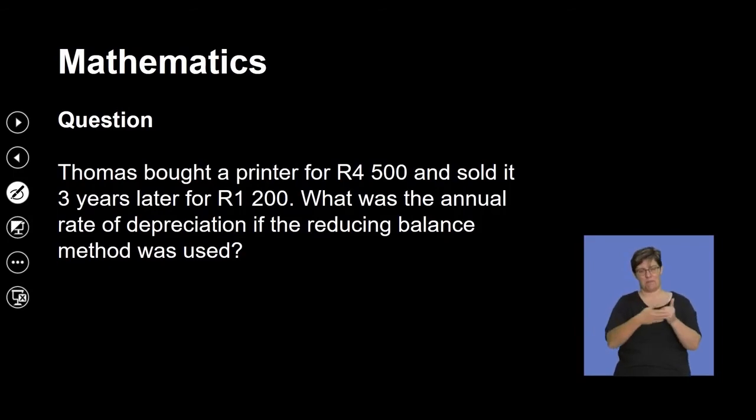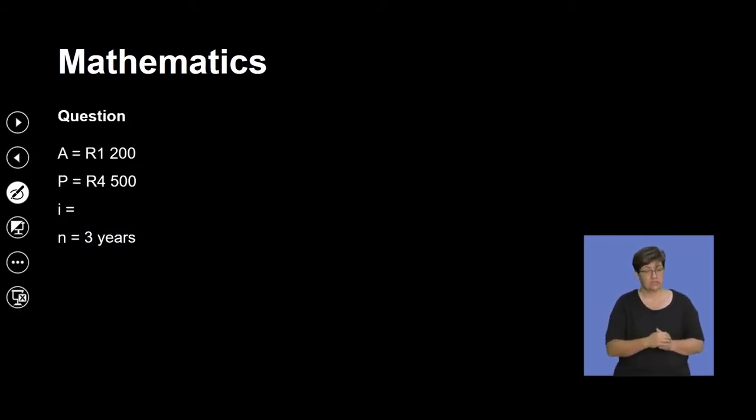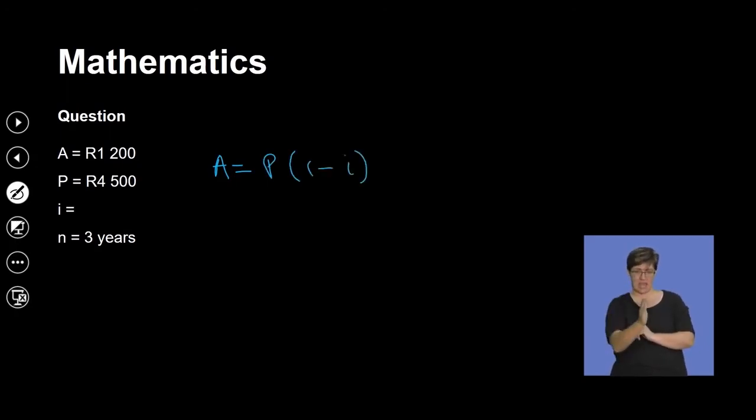Now, Thomas actually bought a printer for 4,500 and sold it 3 years later for an amount of 1,200. What was the annual rate of depreciation if the reducing balance method was used? So here, what we're going to look at is we want the value of I. So this is A is equals to P into 1 minus I to the exponent of N, right? So this is